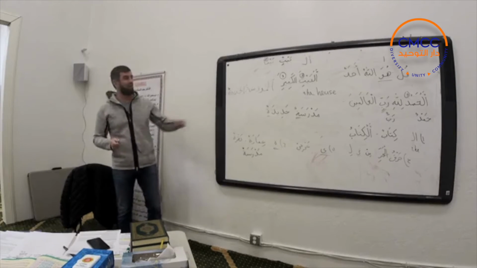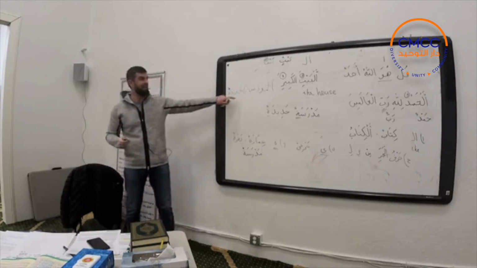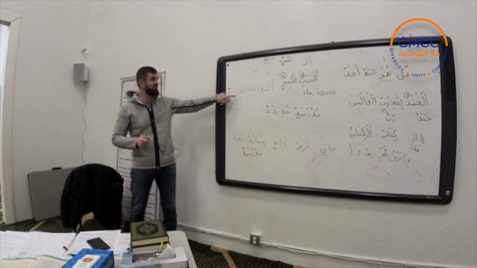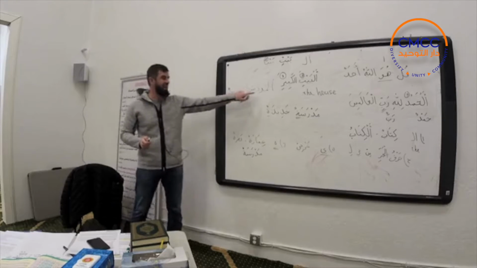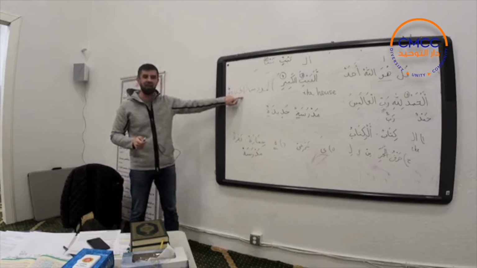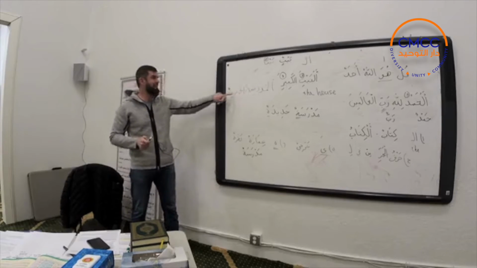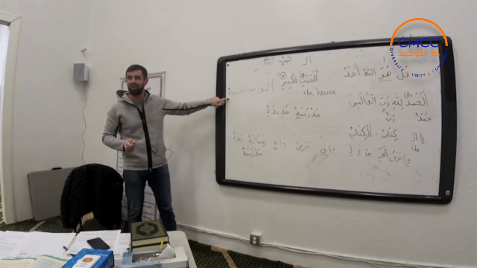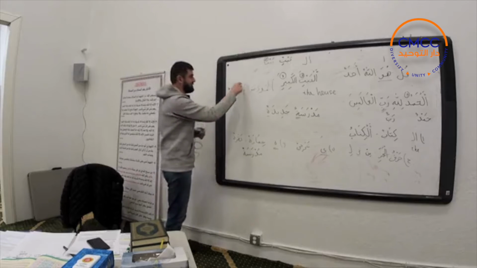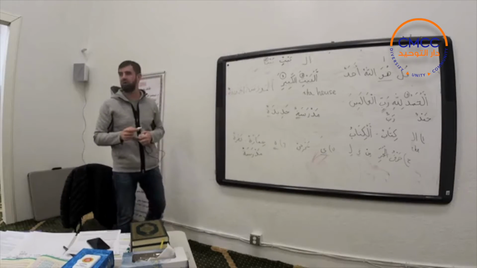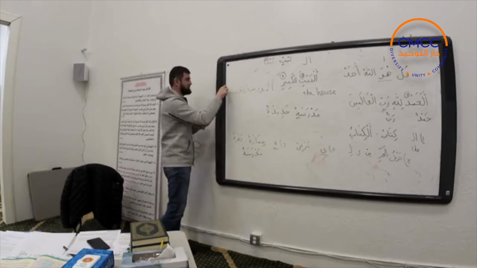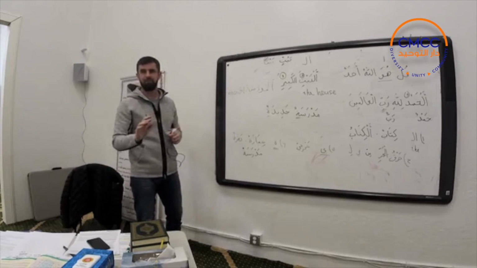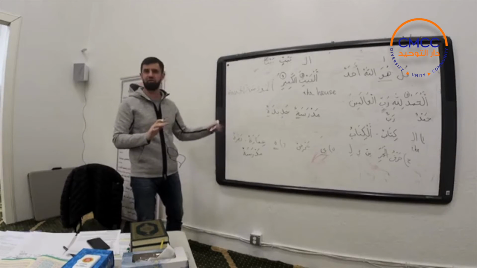Exactly. So if we say al-madrasatu, and as I mentioned, if it's a noun and an adjective, this adjective has to comply with the noun, so it has al, and this one has al too. Al-madrasatu al-jadidatu. It's not going to be tanween, because obviously it has al, the definite particle, in front of it. So it's going to be al-madrasatu al-jadidatu. Is it clear? Any questions so far?